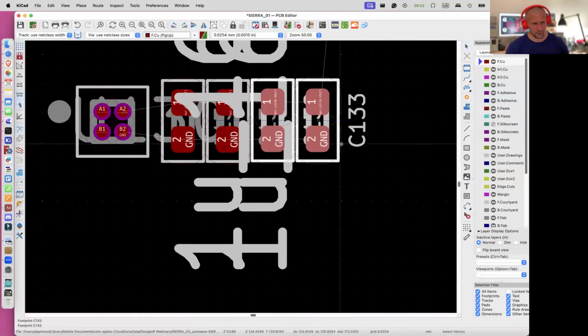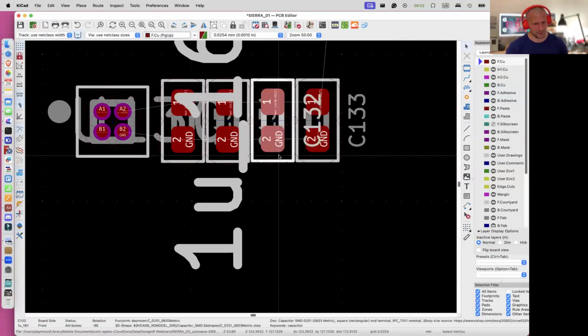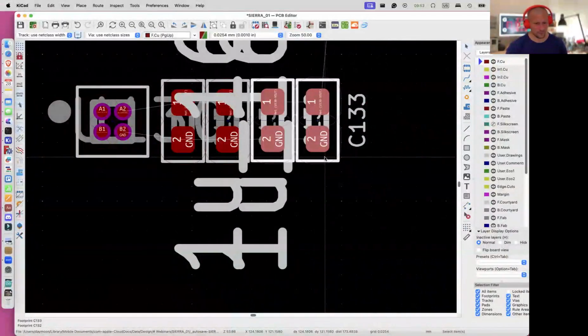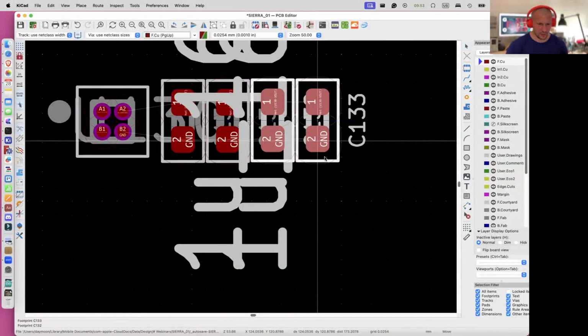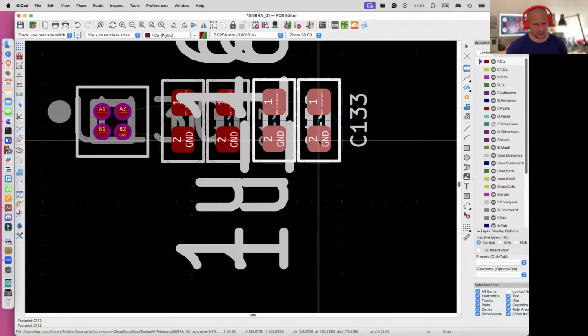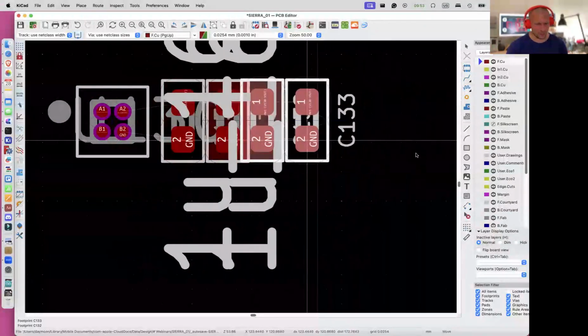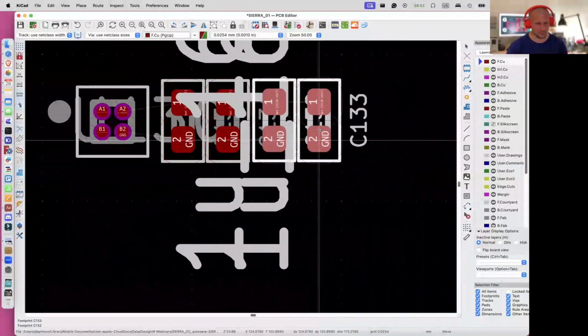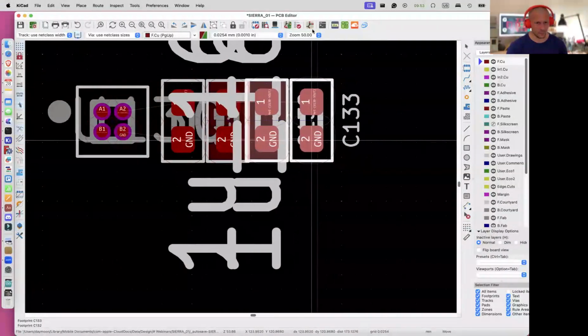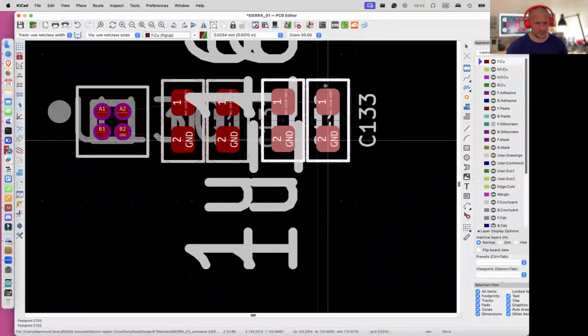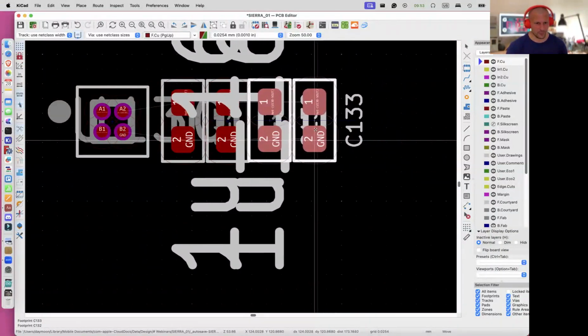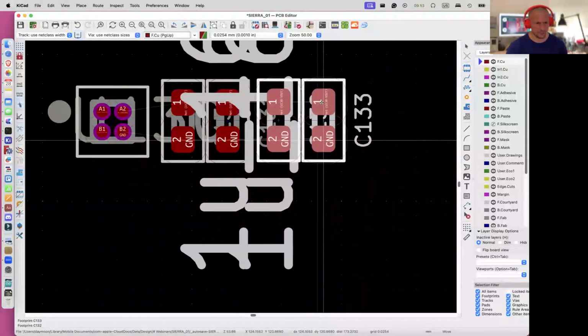If I cancel the command and do it again, I select the footprints, M for movement, and now I'm pressing the right arrow. Yeah, just once. And now I'm going to move with the mouse, and now the footprints are locked in the horizontal way only. You can see that the cursor is moving up and down, but the footprints are locked